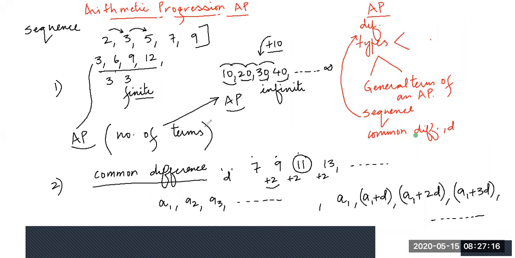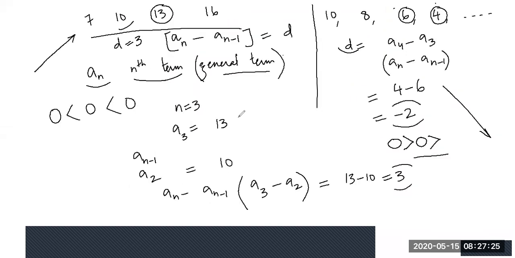Number one, on the basis of terms, finite AP and infinite AP. Number two, on the basis of whether your D is positive or negative. In case your D is positive, your AP is increasing. You are getting success. You're going high. Every time your marks are increasing. And in case your D is negative, that means your marks are going down. You're in a bad company, you know. So make sure you cross-check yourself with your teacher or with your books or with your parents.